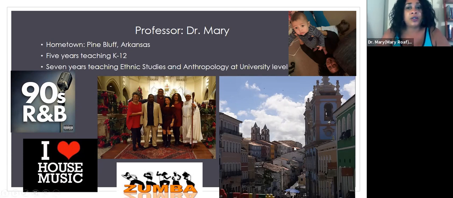And so this is an image of Salvador de Bahia in Northeast Brazil, which is called Little Africa. The largest number of people of African descent outside of the continent of Africa are in Brazil. And they are in this particular region of Brazil. And that's stemming back to a very intensive slave trade in Brazil, with Portugal. And you all will learn about that this semester. And so this is an image of a really historic part of the city.